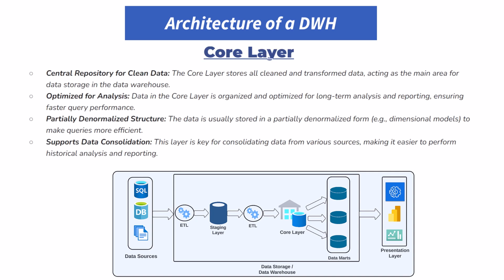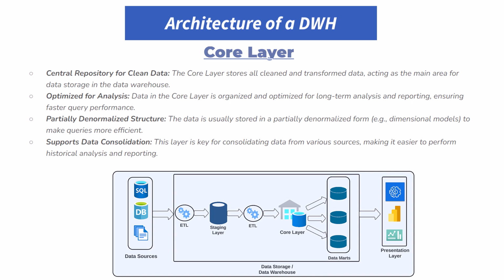The core layer is the heart of the data warehouse. It's where all the data is centrally stored and organized. This layer is designed to store data that has been optimized for analysis and reporting over the long term. As discussed in the dimensional modeling section, the data here is usually stored in partially denormalized form to improve query performance. Everything we have discussed so far about the data warehouse, whether it's data consolidation, historical analysis, or performance improvements, primarily